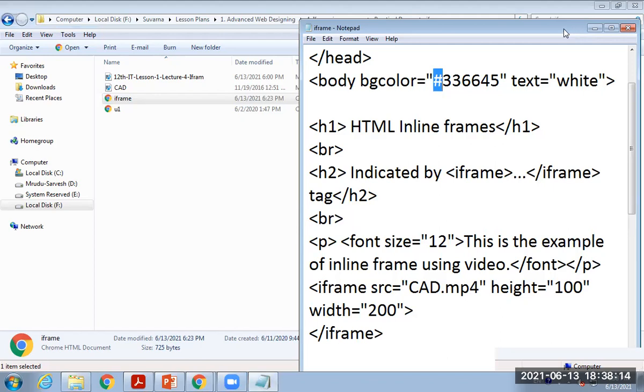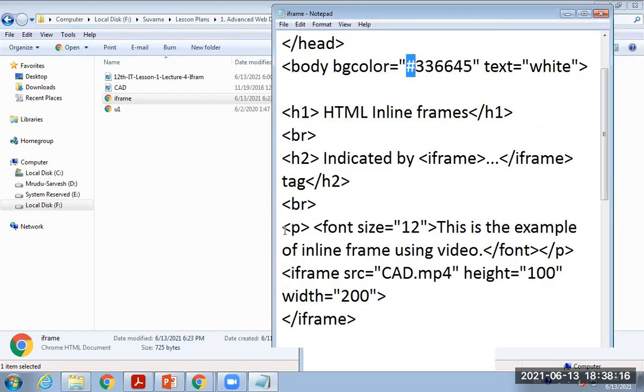Here, to display the video on a web page, I used P. P indicates the paragraph tag. Now here I am not using any specific heading level. Instead of using the heading level, I am using the P tag and providing the font size. If I am using any heading levels, then I cannot use the font size. But here I want to use the font size. Therefore, I have not used any heading levels, but used the P tag and a specific font size.